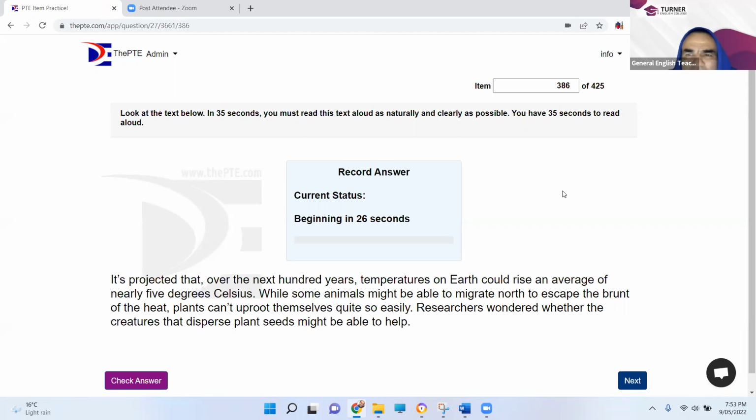It's projected that some of the next 100 years to protect the Earth could rise, while some animals might be able to migrate north to escape the plenty hard plants couldn't uproot themselves quite so